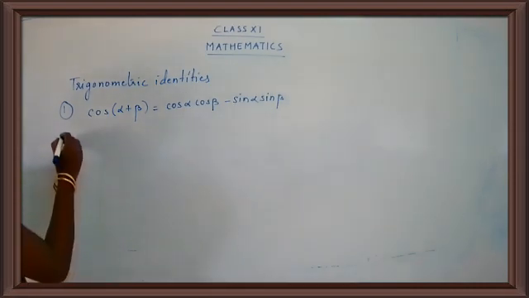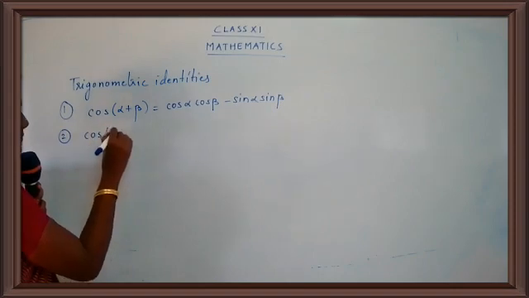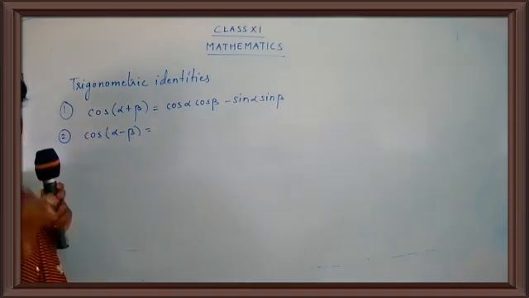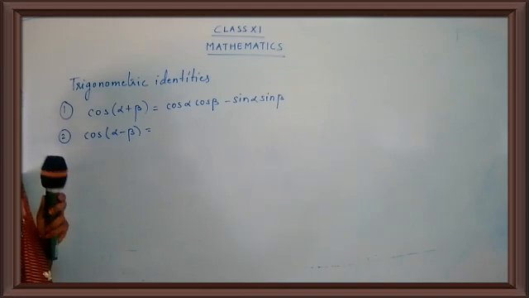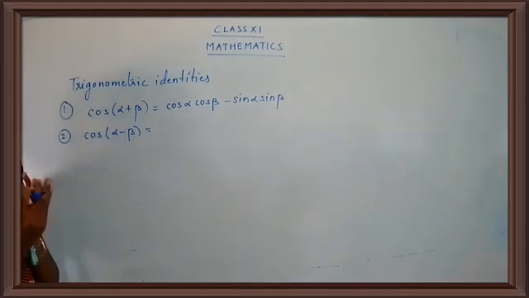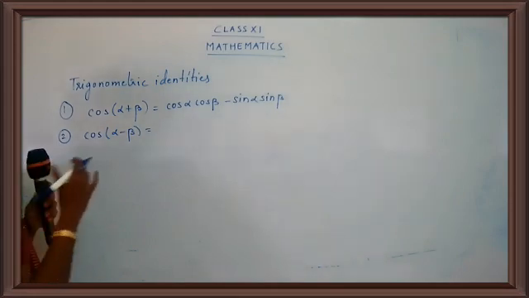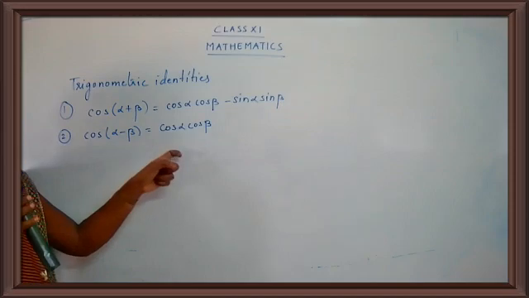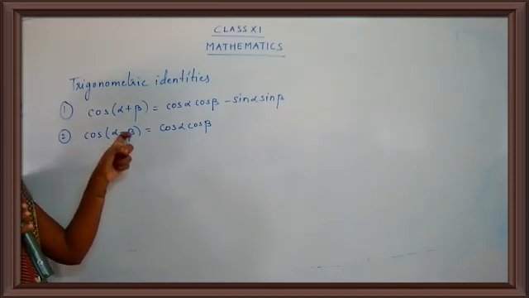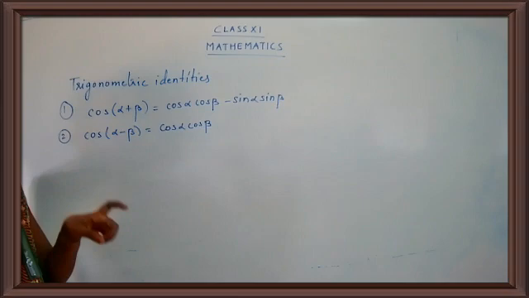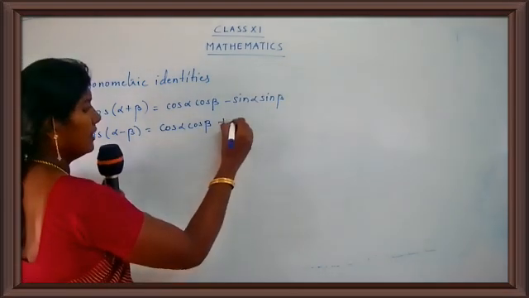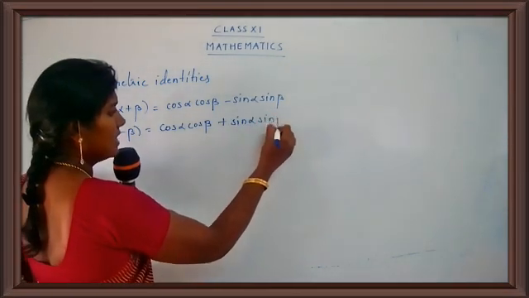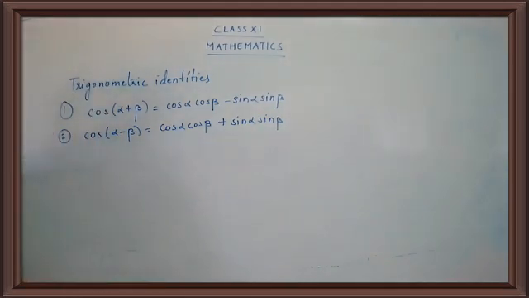Okay, now coming to the next one. It's cos of alpha minus beta. Very important thing, just remember some of the tricks. You have to just think of some of the tricks. Whenever you have cos, take cos together. So cos of alpha minus beta is cos alpha cos beta. So cos and cos is taken together. Now you have a minus sign over here. So when you are dealing with cos, the sign changes. So minus will turn to plus. And here you have sin alpha sin beta. So what is the formula for cos of alpha minus beta? Cos alpha cos beta plus sin alpha sin beta.